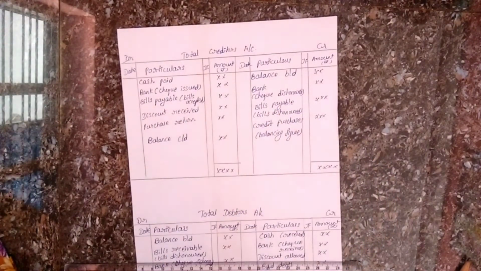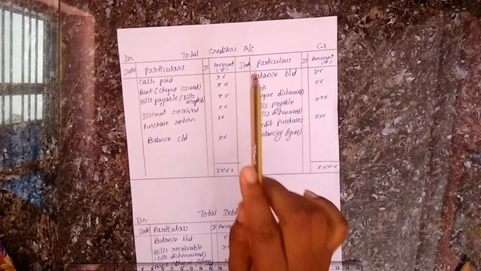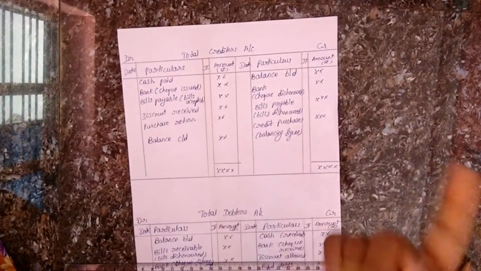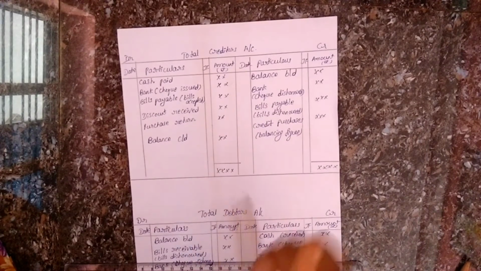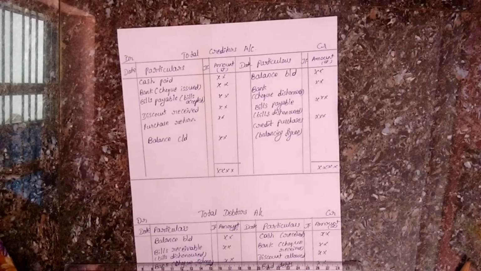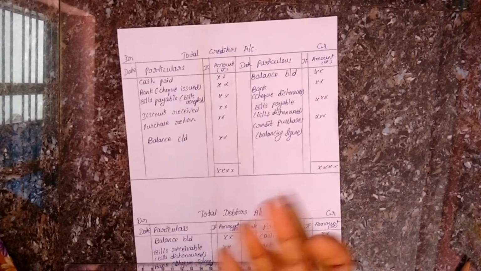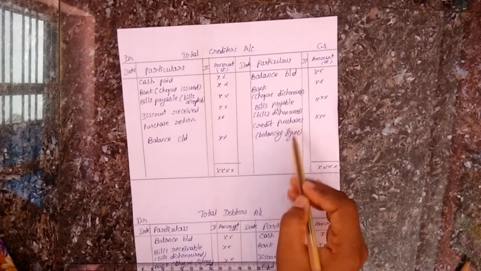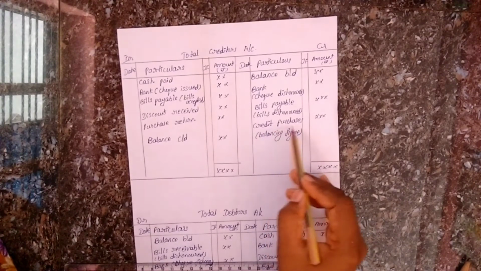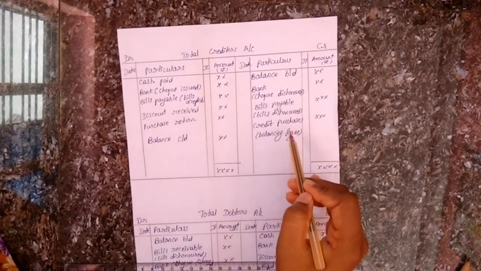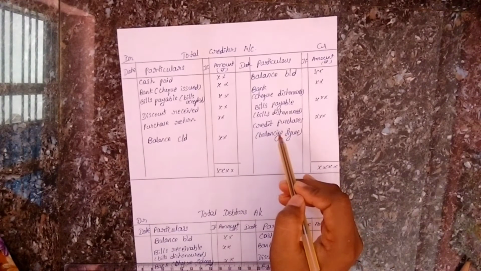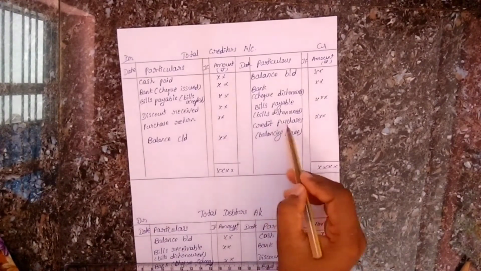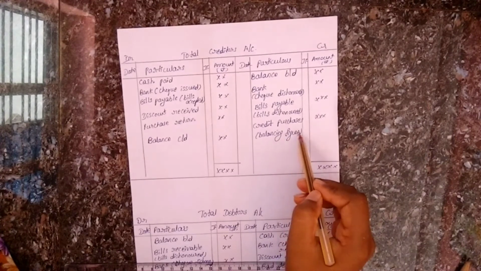So remember one thing, the calculation of creditors is always related to purchases, right? If the purchase is done on a credit basis, we have to calculate the creditors amount. Here it is credit purchases. Finally we are going to calculate the credit purchases if they are asked in the problem. If they are asked in the problem, it will be the balancing figure.